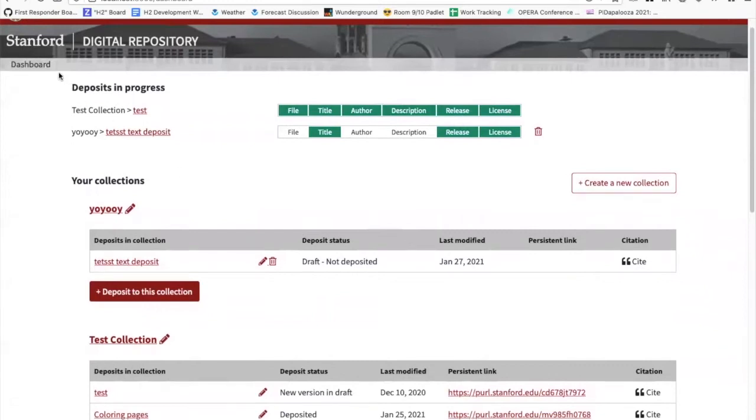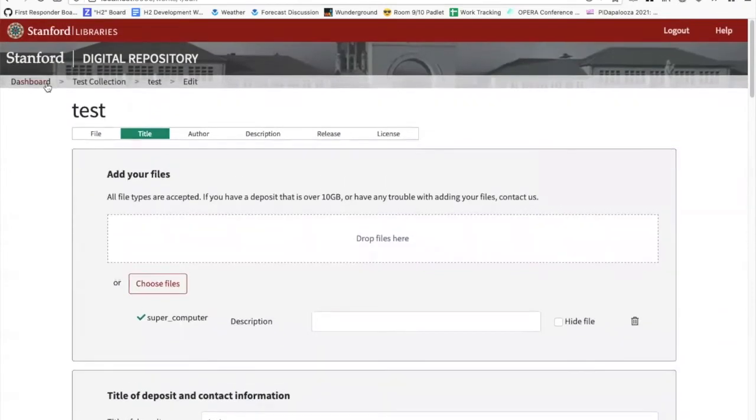You actually just showed something else quickly there. You may have missed it, it's breadcrumb navigation. So as we move around the site, we now have navigation that appears at the top here. Here we see it's the dashboard, I'm in this particular collection, this is the name of my work, and I'm on the edit page. So it gives you a clue as to where you are, and these are all links taking you back. If I want to return to the collection that holds this work, I can click on the name of